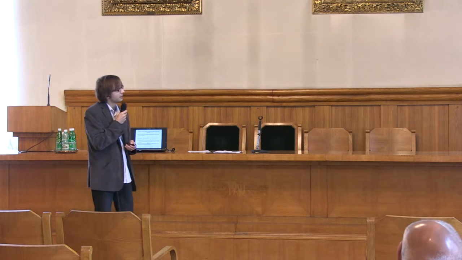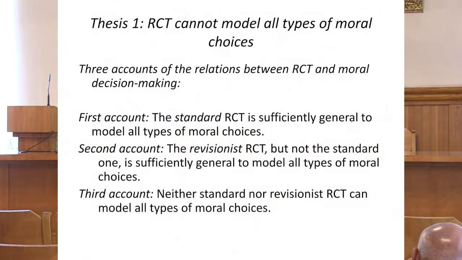So let me start with the first thesis. I would like to defend this thesis that rational choice theory cannot model all types of moral choices, and I would like to defend this thesis by showing that various ways proposed by rational choice theorists have many flaws, and that's why this claim cannot be supported. And I would like to start from presenting the so-called first account, perhaps the basic account and the most famous one, namely that the standard rational choice theory is sufficiently general to model all types of moral